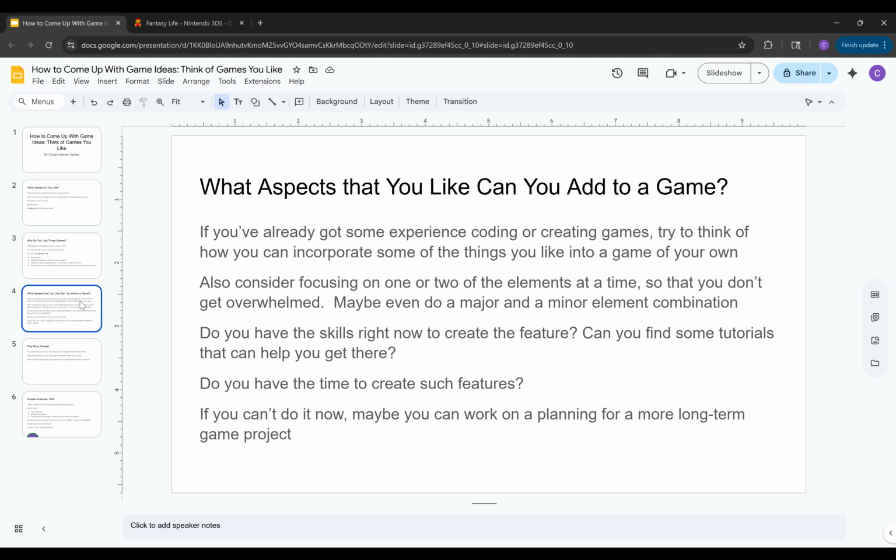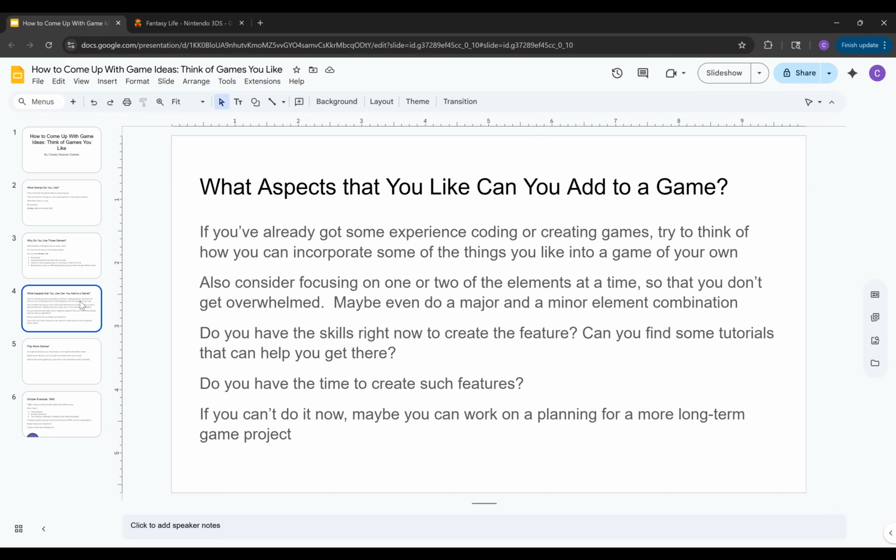So if you've already coded before, hopefully you have some idea of, yeah, this seems like a really simple feature, I can see in my mind how I can implement it, or you might look at it and say, oh, I don't know about that right now, at my current level.